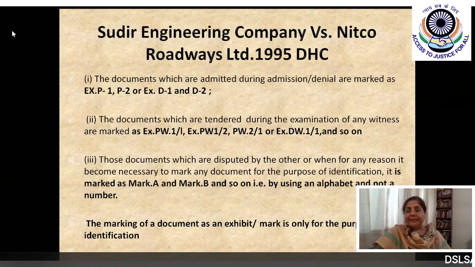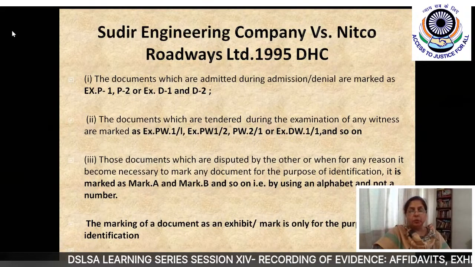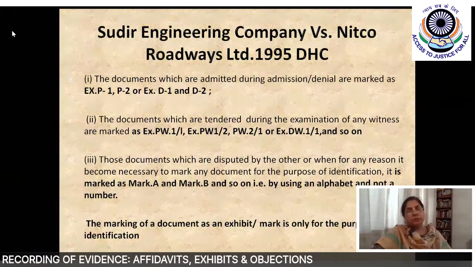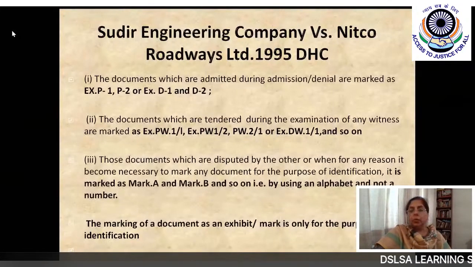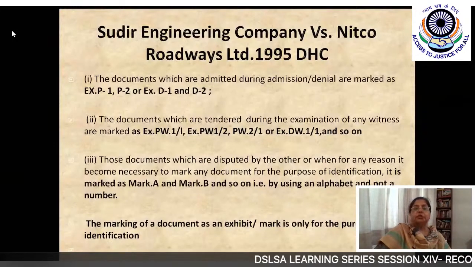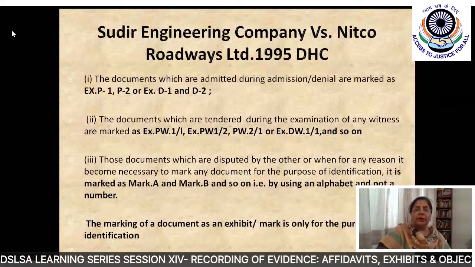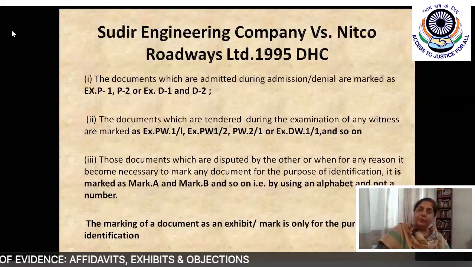If it is being tendered in evidence and it is being properly proved, then it is marked as exhibit PW1/1, PW2/1, or DW1/1, DW2/1, as the case may be. One point to be noted is it should be done numerically. It is not the alphabet, but 1, 2, 3, 4, which should be generally followed when we are exhibiting documents